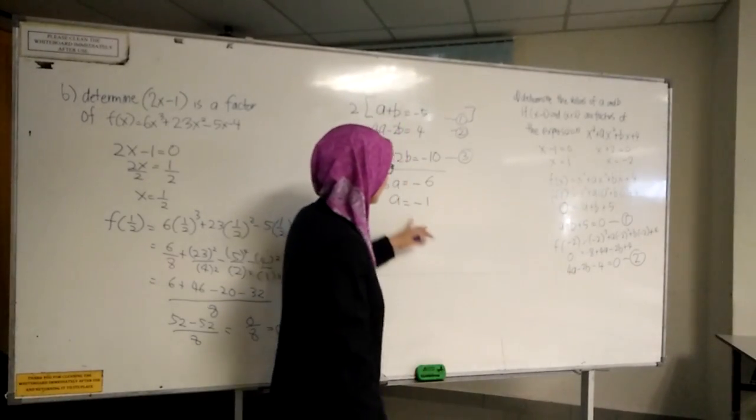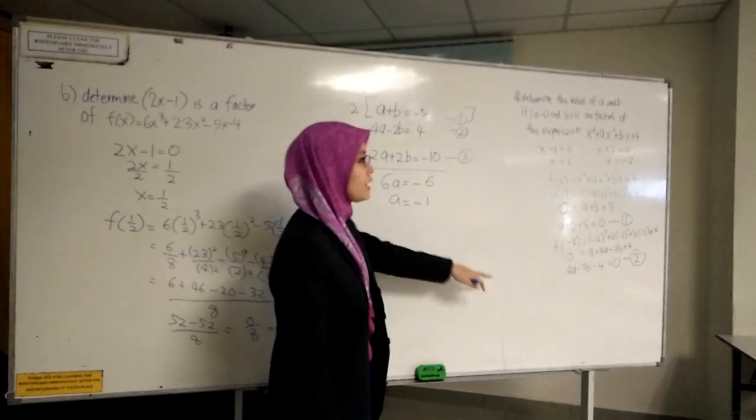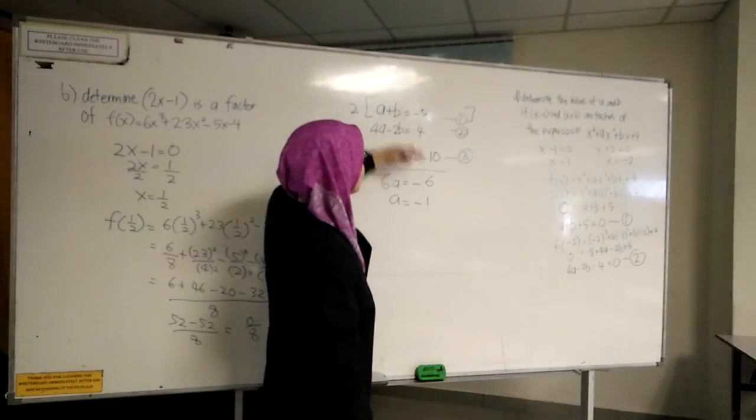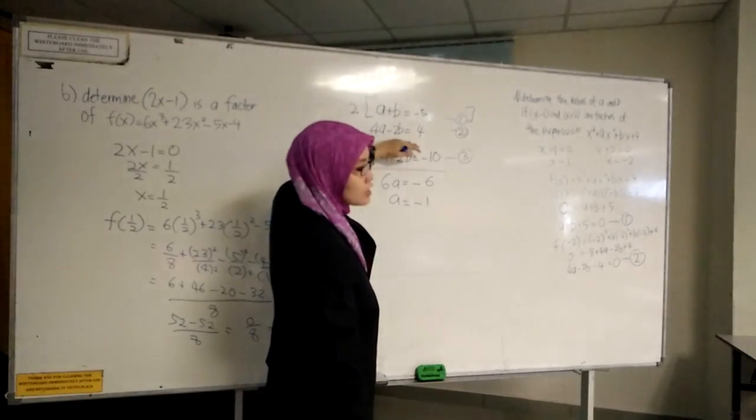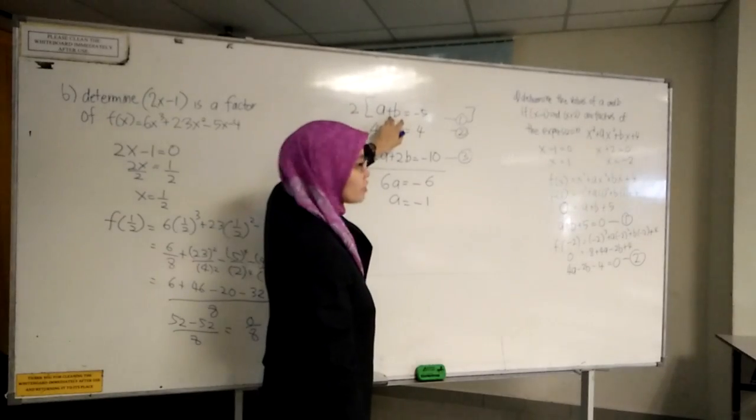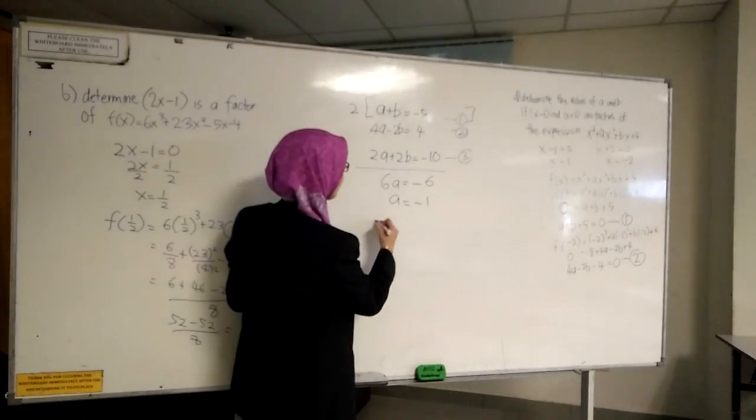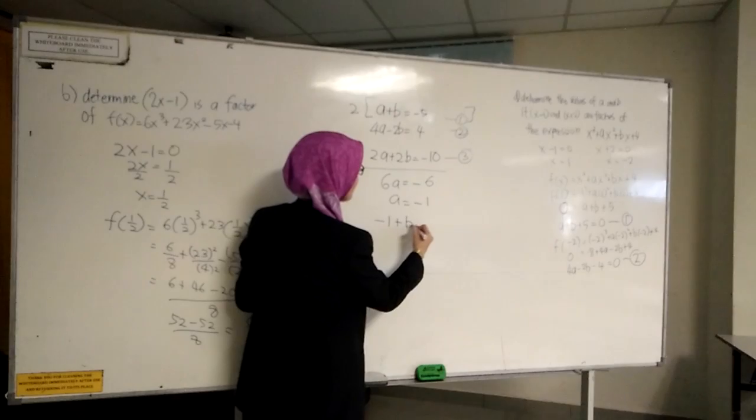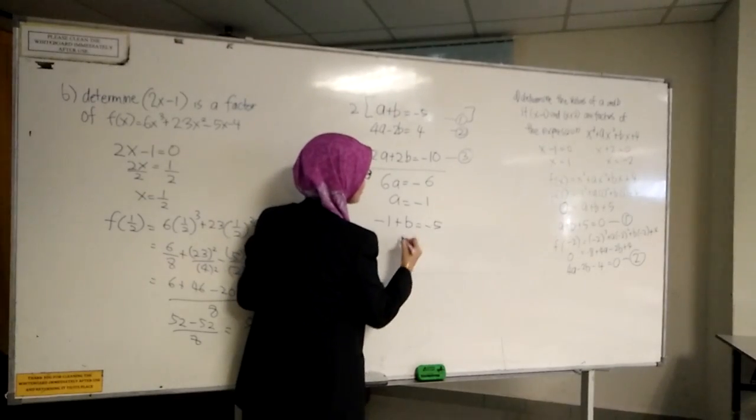Okay, to find b, we can substitute the value of a inside any expression you want. So I will choose the first expression. So negative 1 plus b equals negative 5. So my b